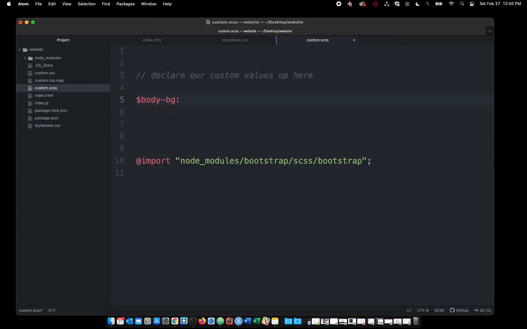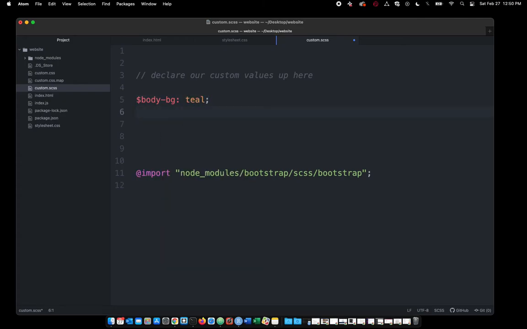So body background, I'll say teal, just so we can see it, and body color, and that's the color of your text, AAEECC. So we can use words, hex, we can use RGBA. So these are our body colors, and then we can also declare